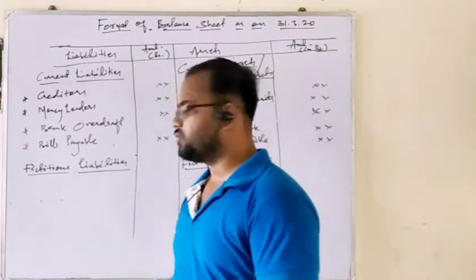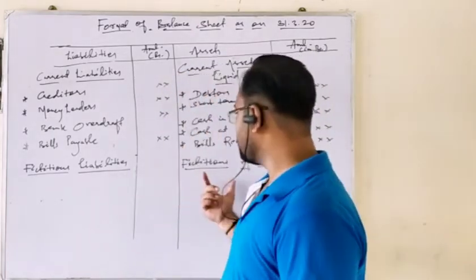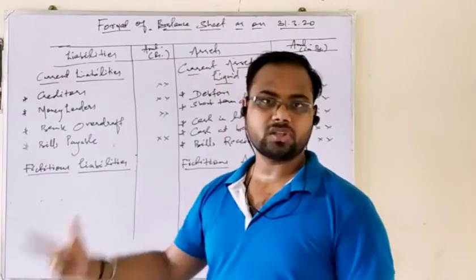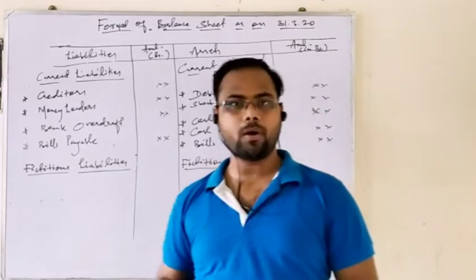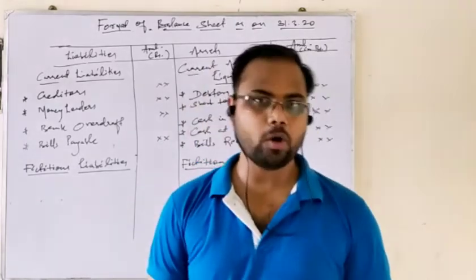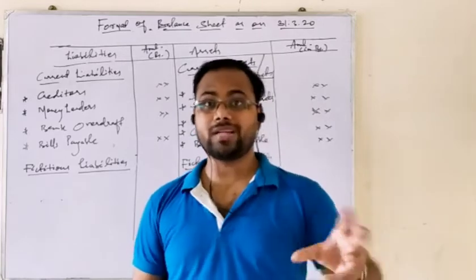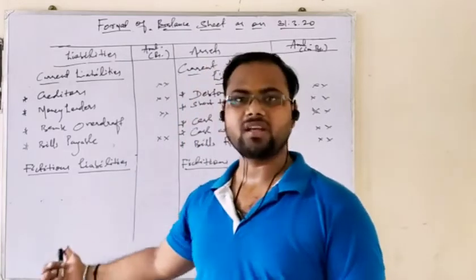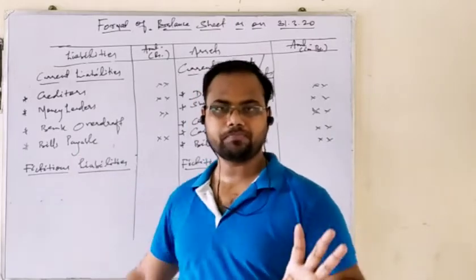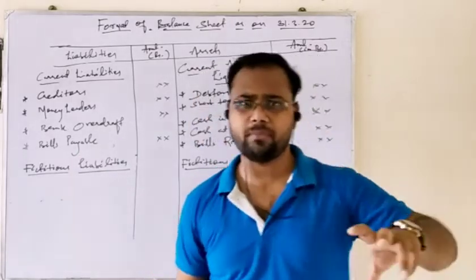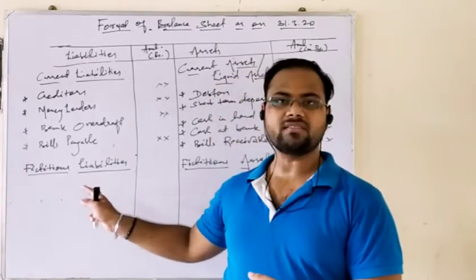So now we shall discuss what fictitious liabilities and fictitious assets are all about. You can come to this by discussion of the accrual concept too. In accrual concept, I told you when expenses are not paid on due date, it becomes payable or it becomes a liability. That liability is called fictitious liability. This is a little bit different. When expenses are not paid on time, that becomes a payable or liability. What kind of liability? That is fictitious liability.